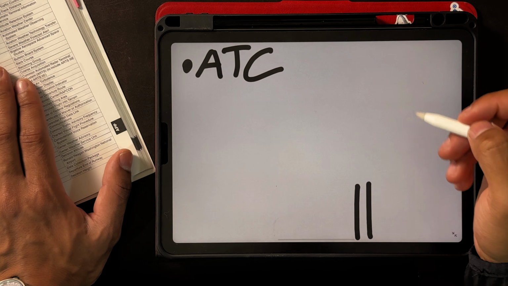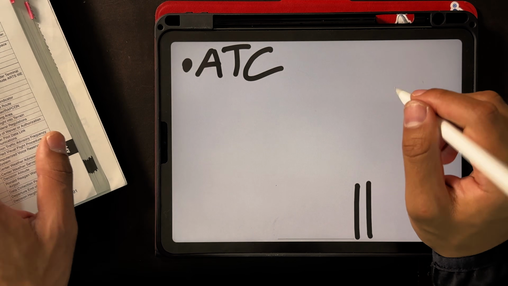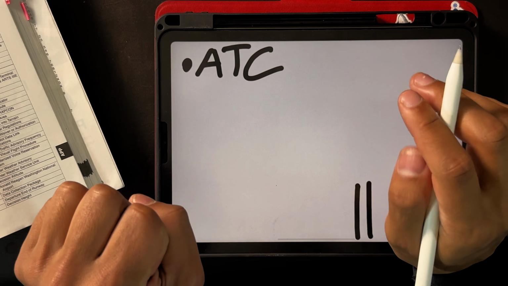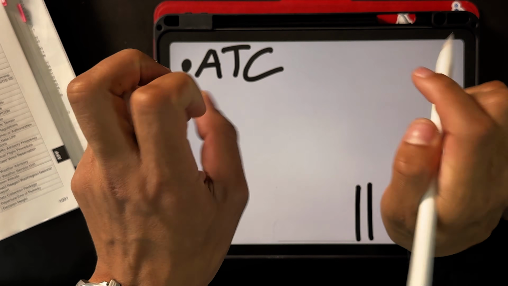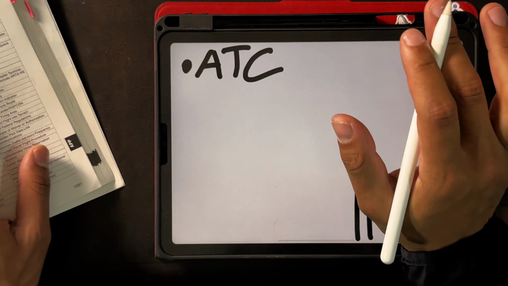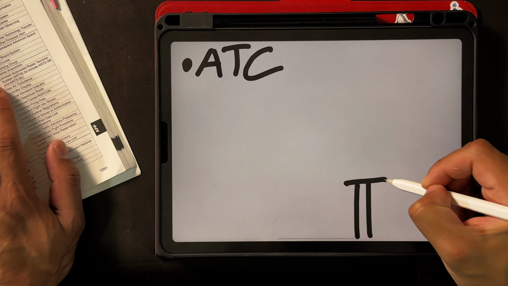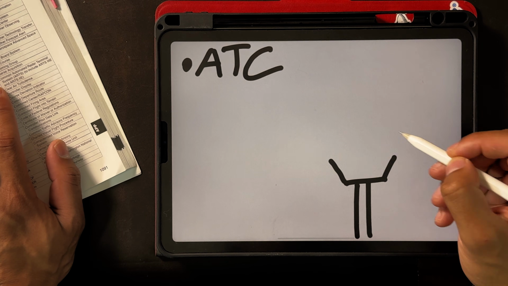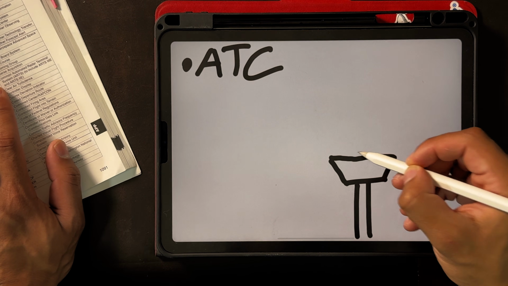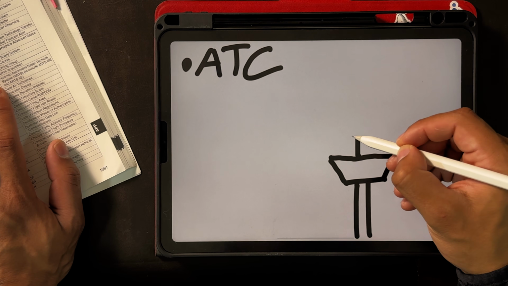They are not the guys standing on the, I can't even say it, tarmac. I'm never saying that again. It's called a ramp. Stop saying tarmac. Air traffic controllers are the guys in the towers